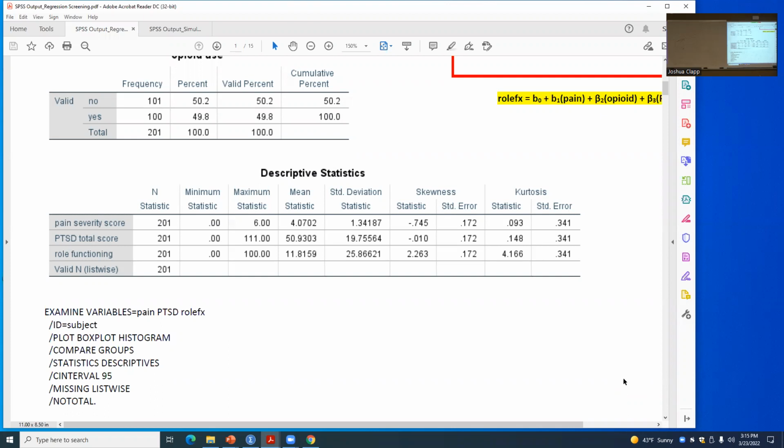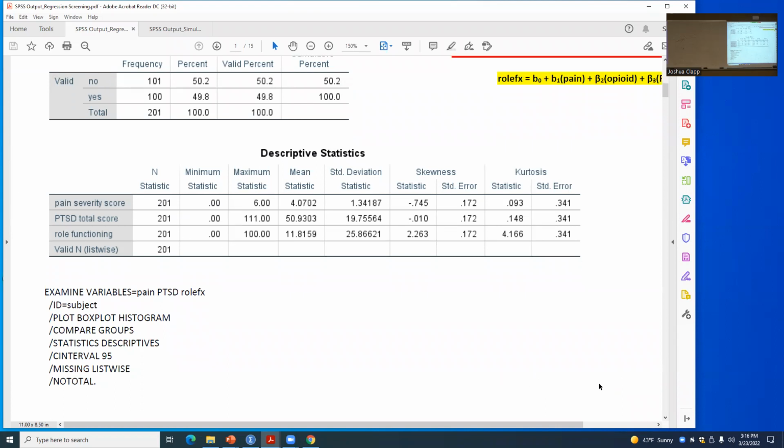If we think about this, if these are individuals coming in for PTSD and pain to a research clinic, where are we expecting role functioning to be? Very high or very low? Probably pretty low, right? I'm in pain. I've got accident-related trauma stuff. My functioning is probably going to be pretty low, right? So, okay, we make a note of that,